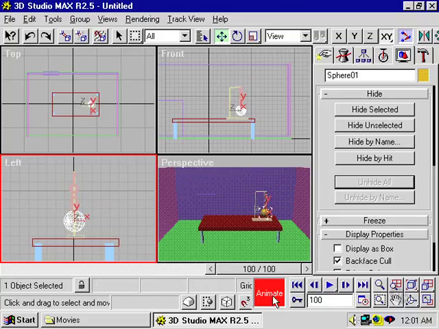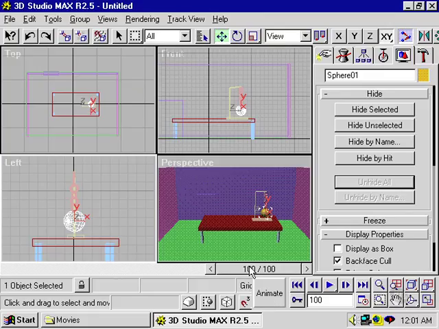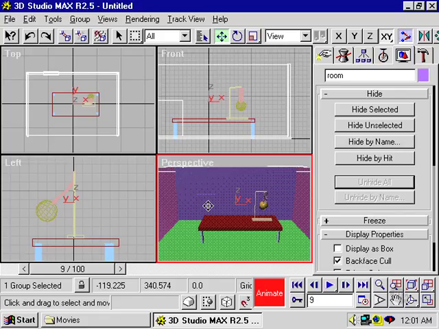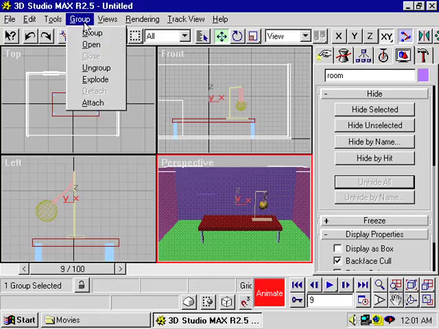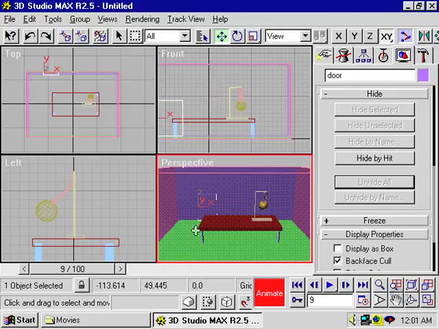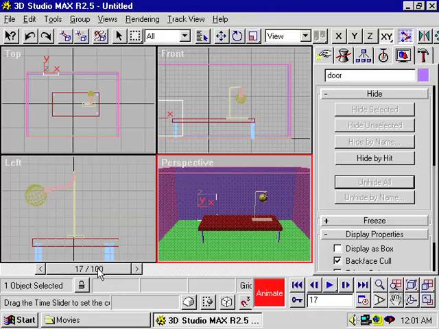Turn off the animation toggle, return to the first frame, click the animation toggle again, select my door or my room object, go to the group menu, select open, click on the door object, move my time marker to 15, 20,